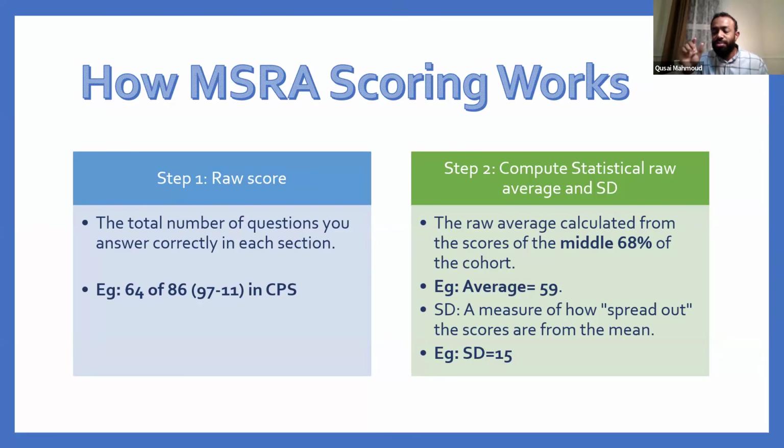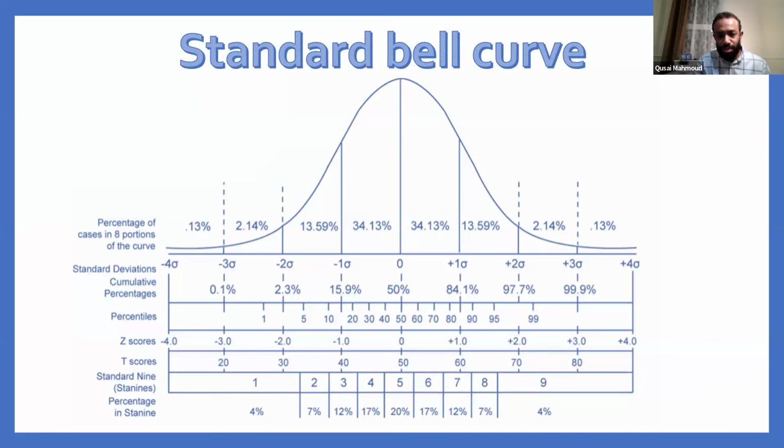Then at the same time they calculate the raw standard deviation. The standard deviation, as we all understand, is a measure of how spread out the scores are. So if the standard deviation, for example, was 15, that means every 15 marks, there is a new standard deviation, a new part of the curve being achieved. This is the bell curve. Okay, so let's look in the middle. If you can see my cursor here, between this 13.59, which is 14%, up to this 14%. When we go down the curve here, this is very important. Let's look at this. So we are talking about the middle here. It's between 15.9% to 48.9.